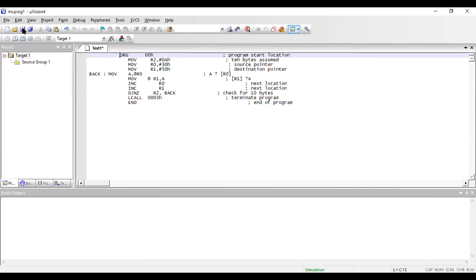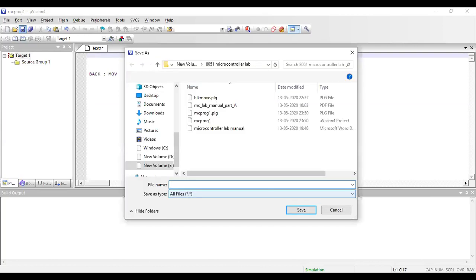Then the next step, after typing the program into the editor window, is to save it. I am saving it with the name block move .asm, because it's an assembly program.